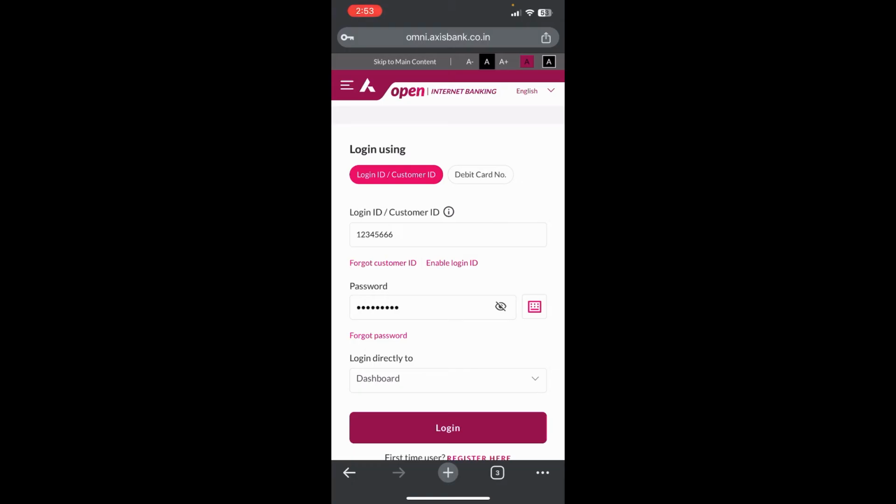And by chance if you have forgotten your customer ID or login ID, you can simply click on forgot customer ID on the screen. And for password, you can simply click on forgot password and complete the formalities and you'll be able to log in. So basically this is how you can log into Axis Bank,